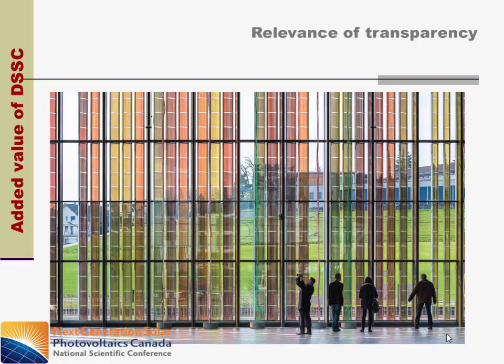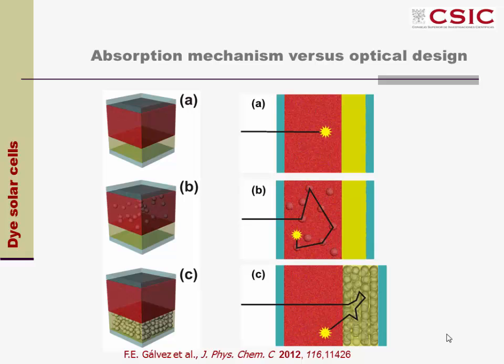This transparency actually allows you to do things like this. This is a picture of the conference center, which I think was inaugurated not too long ago, and all these windows are covered by these dye-sensitized solar cells using different dyes. Right? This is an example of building-integrated photovoltaics, and it also highlights why it is interesting to have transparency. However, having said that, most of the